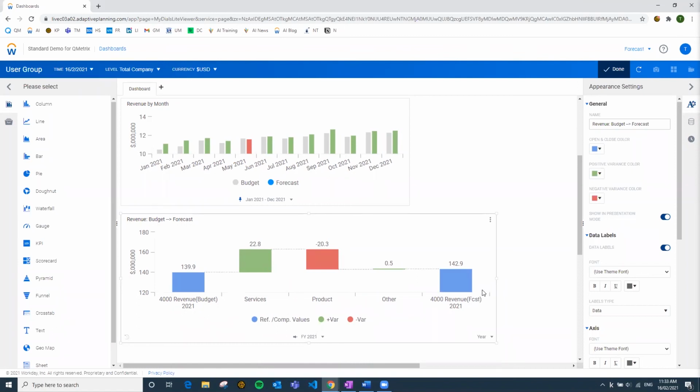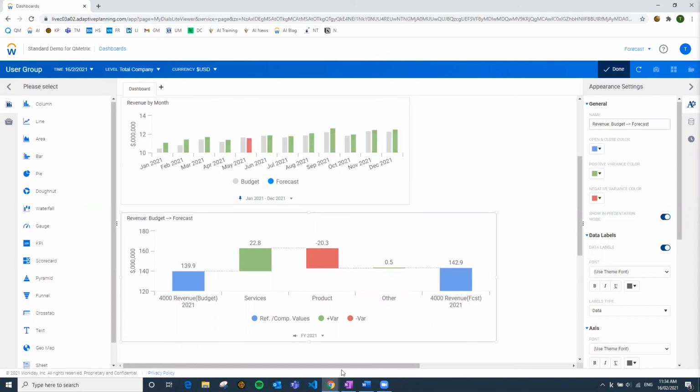What that is, is the short name of the version. So in your version settings, you'll see a field called short name. You may have wondered what that's used for. In the case of versions, dimensions, levels, accounts, you'll see that field called short name, and that field is used in dashboards as a short version to make sure that these graphs are as clutter-free as possible and don't take up too much real estate to describe the full name. So a really good use of that field is to make it as small as possible so that these graphs are as condensed as possible. So have a look at that in the case of versions, dimensions, GL accounts, levels, all of those.